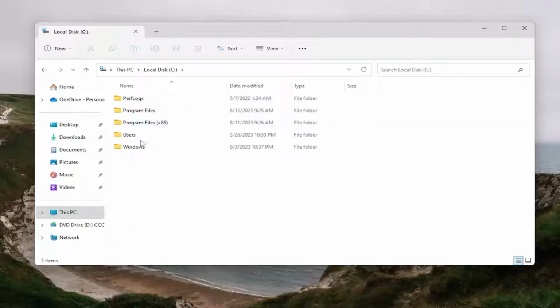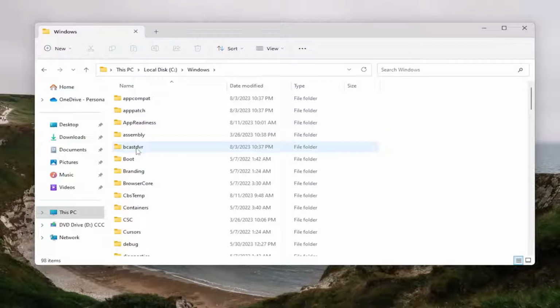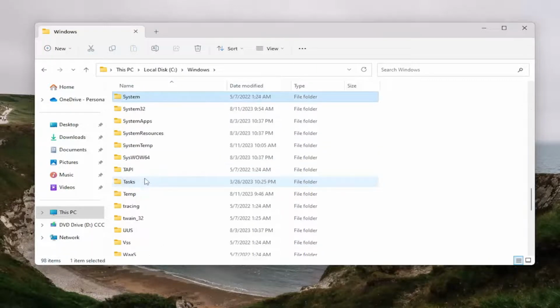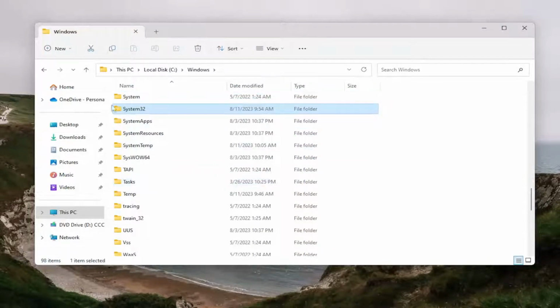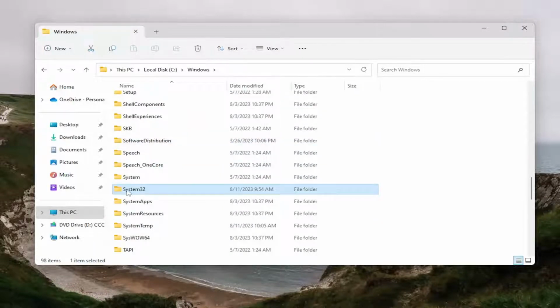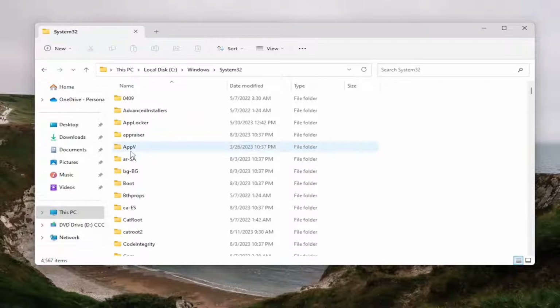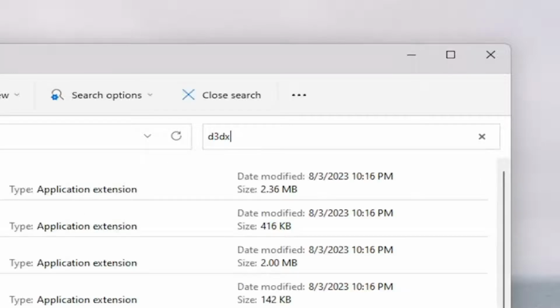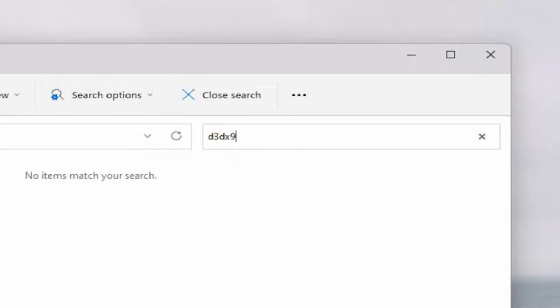Do the same thing now for the Windows folder. And then you want to go down to System32. You can just type in System32 once you've selected a random folder in here, or you can just scroll down. So go ahead and double click on that. In the search System32 field up in the top right, type in D3DX9_34.dll